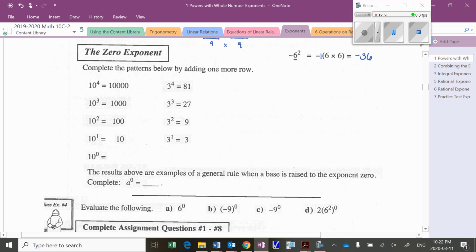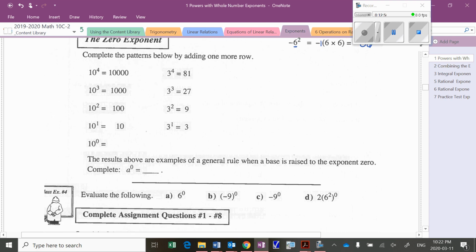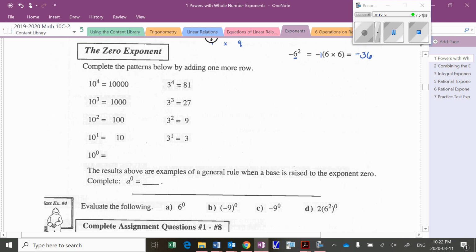Okay, the zero exponent. So going back to the first of our exponent laws, if we complete the pattern below, 10 to the 4th is 10,000. The quick way to do that, of course, many of you recognize, was that anytime we had a base 10, the exponent should tell you the number of zeros we have. So 10 cubed is 1,000, 10 squared is 10 times 10, or 100, 10 to the 1 is 10,